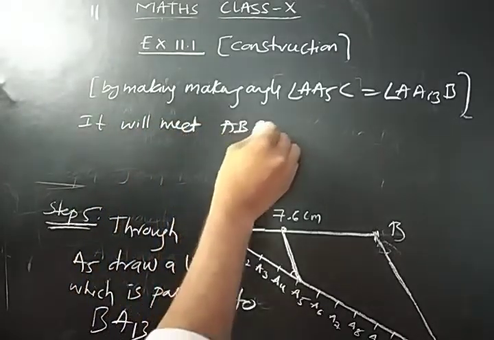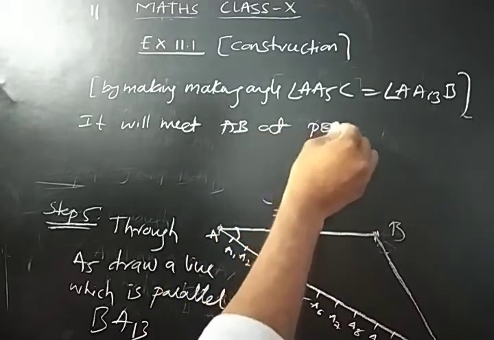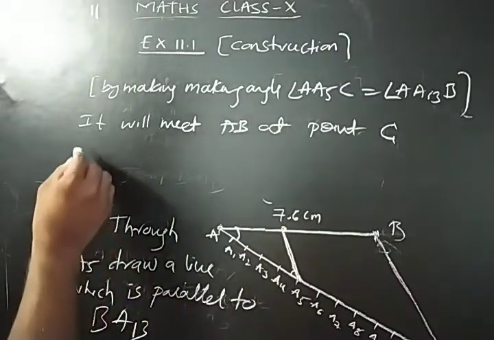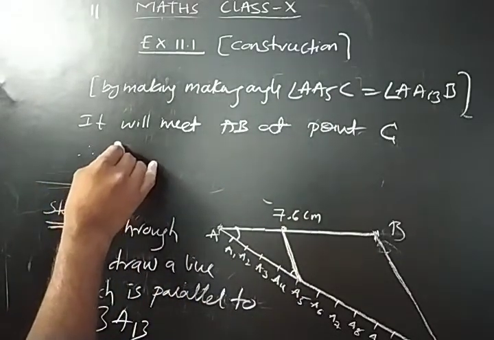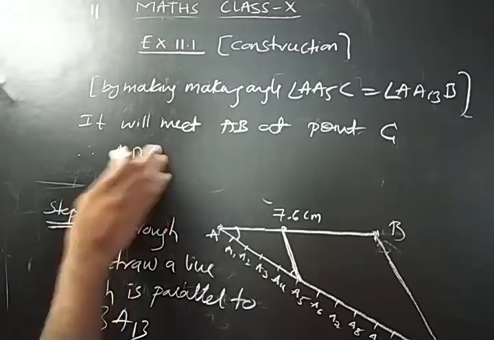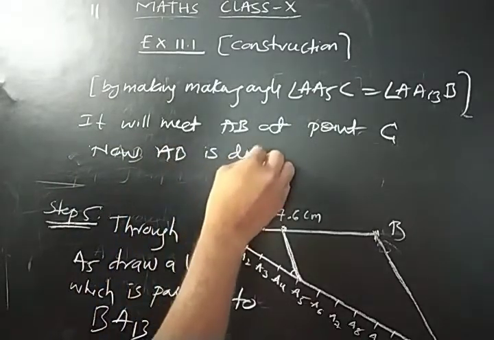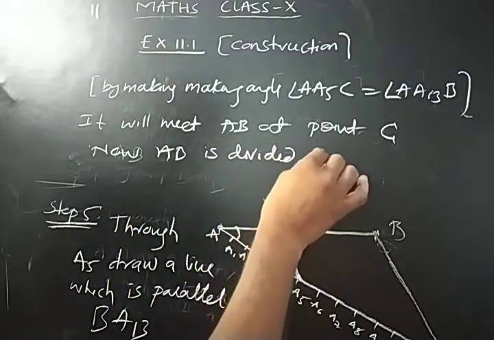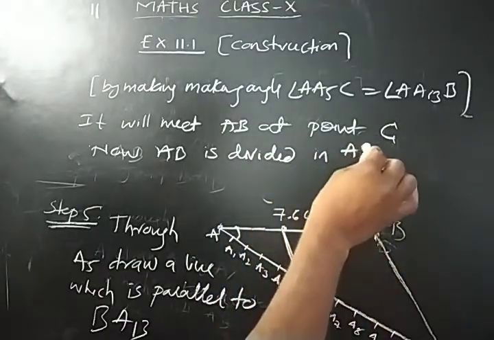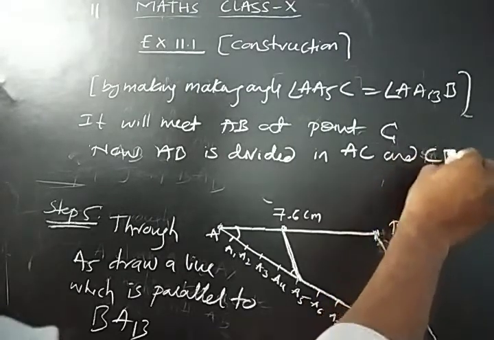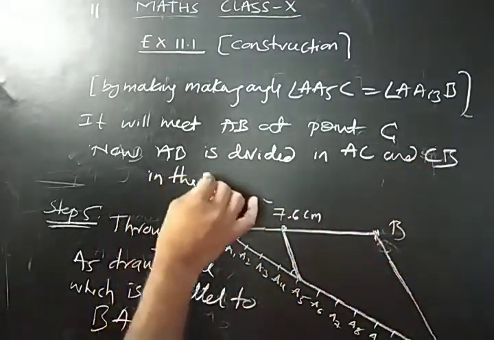AB at point C. Okay. It will meet AB at point C. Now, therefore, AB is divided into AC and CB in the ratio